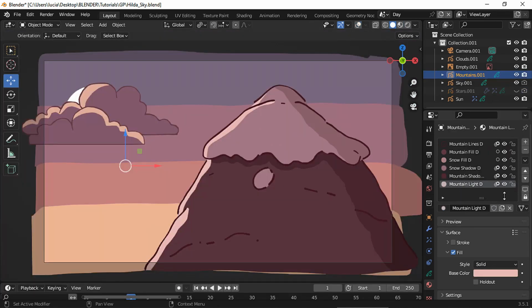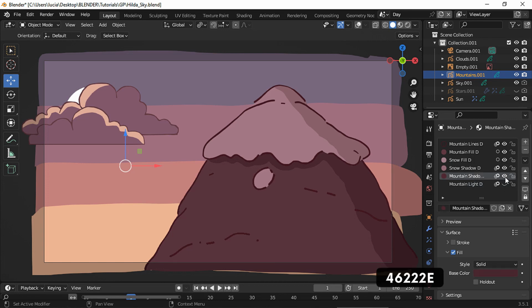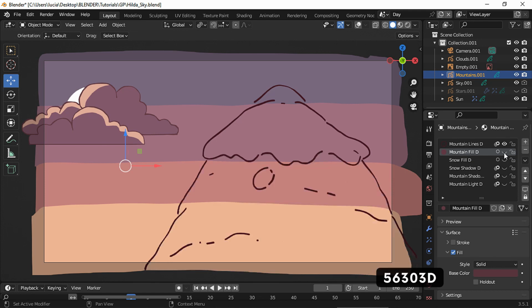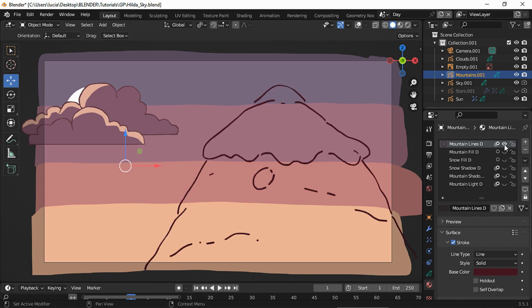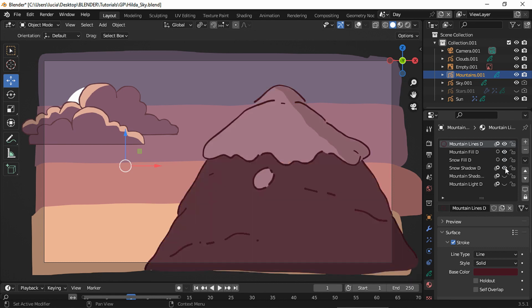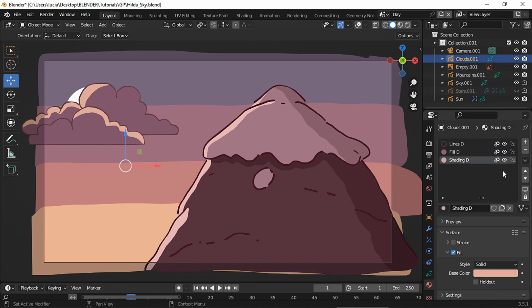For the mountain, I also had to make a single user copy and change the colors one by one. And then I repeated the process for the clouds.